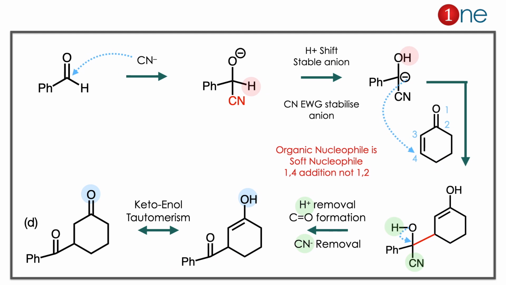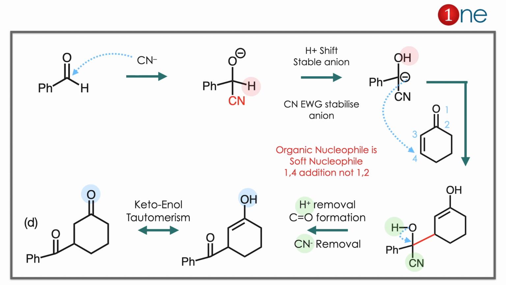The starting material has an aldehyde, you are using the cyanide. So the nucleophilic attack will be there. The carbonyl gets saturated. So cyanide attacks, O- is there. Here cyanide is a very good electron withdrawing group. So what really happens is hydrogen shifts occur, stable anion formation happens there. So the stable anion is formed.